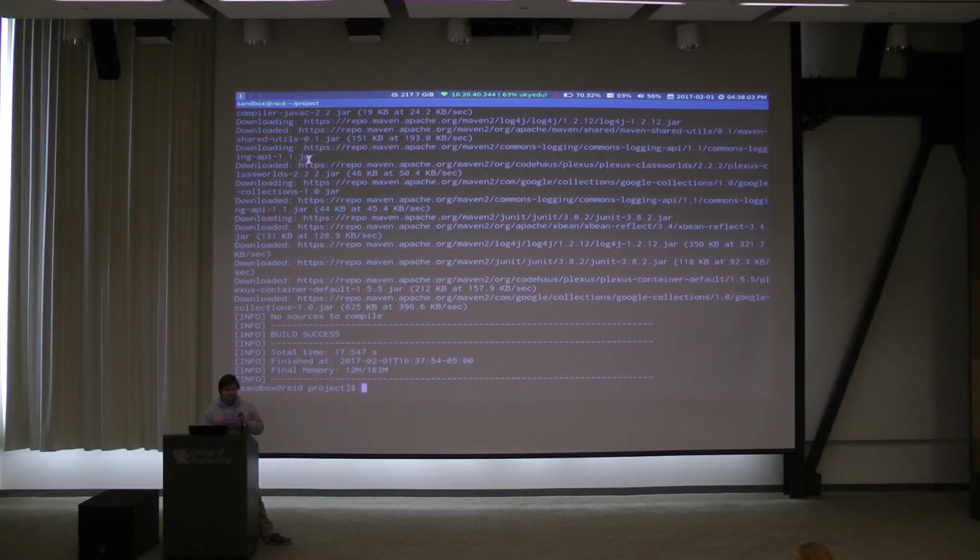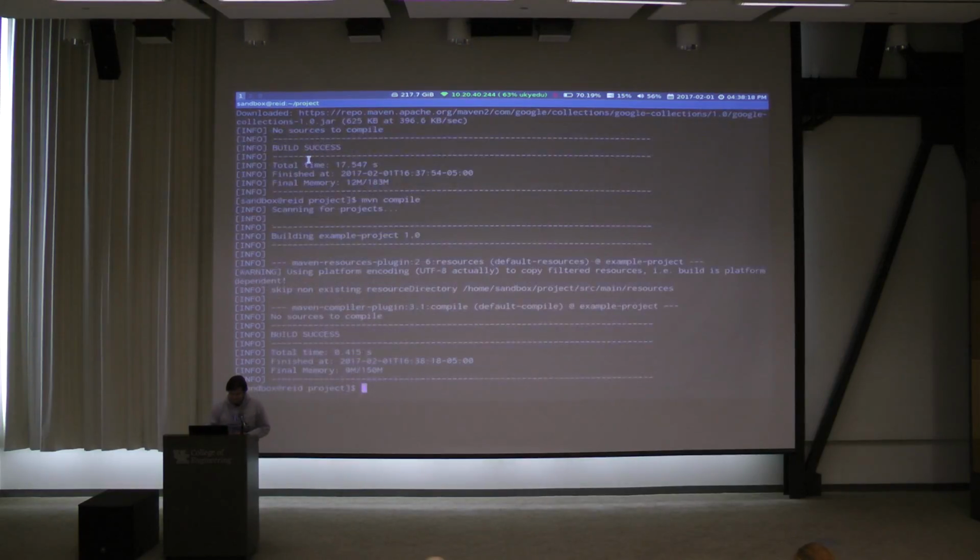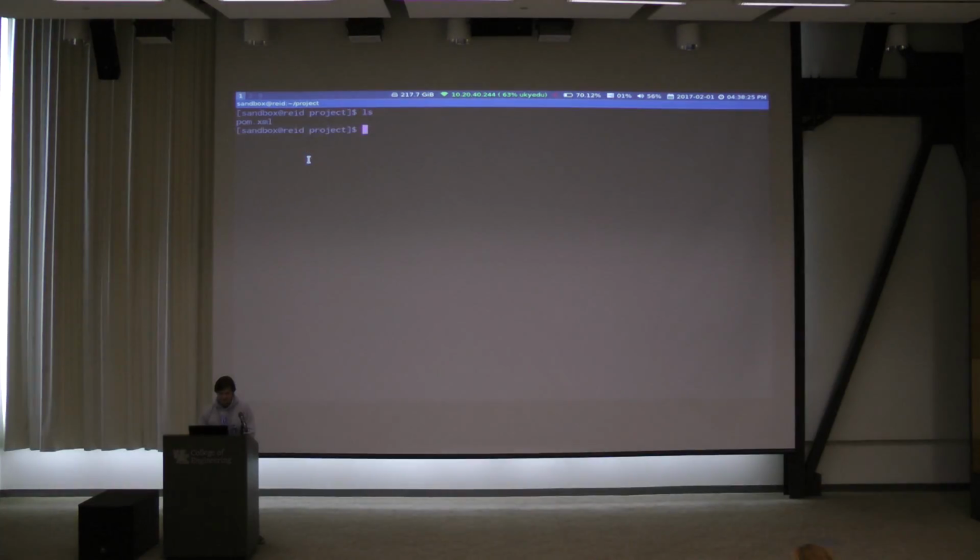Basically, Maven, the program itself, is actually built with a plugin architecture. So it calls out to all sorts of plugins. Some of them are core plugins. And the first time you run it, it has to actually go download all of those. So if I run it again, it's going to be faster. Okay, so, all right. Well, we have compilation succeeded. I'm not sure what we compiled, but there you go.